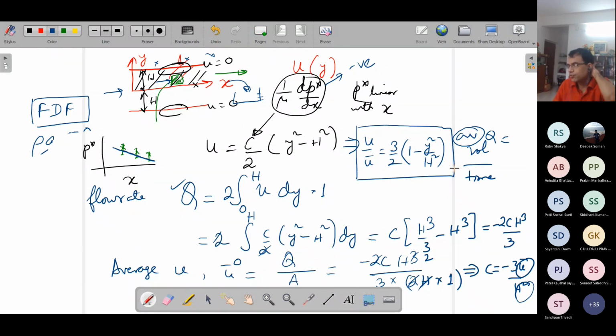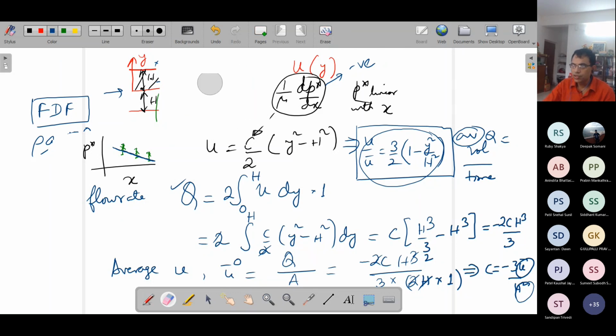We will see what happens with the turbulent flow, because you cannot have such a description of velocity. I would not say definition. Definition is all right, but you cannot have such a description of velocity in a turbulent flow, and we will understand later on why. So clearly, this is the equation of a parabola. So if you make a sketch of how the velocity looks, I can just erase this and make it clean, so that I can draw at least one velocity profile here across the width of the channel.